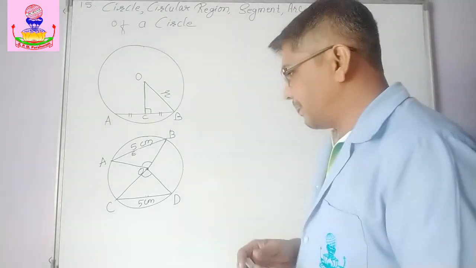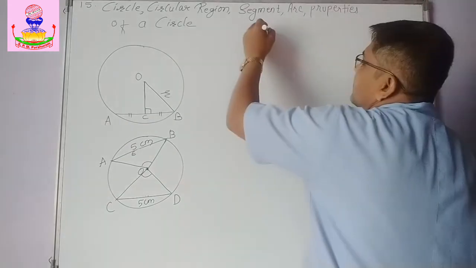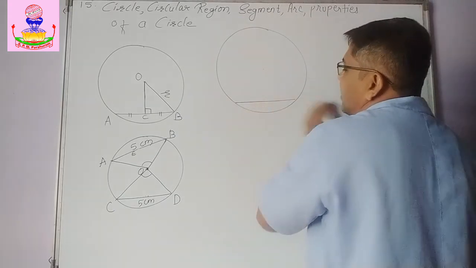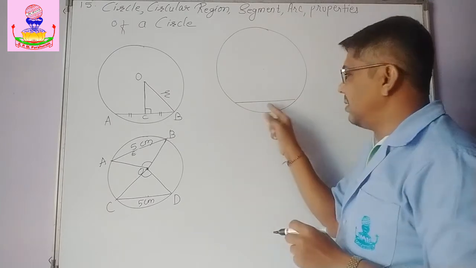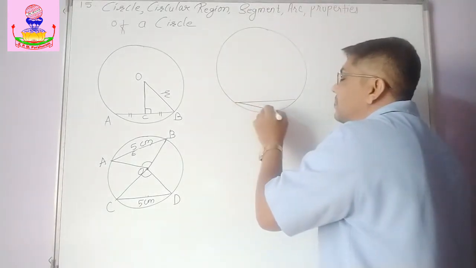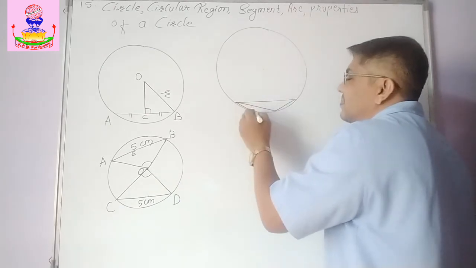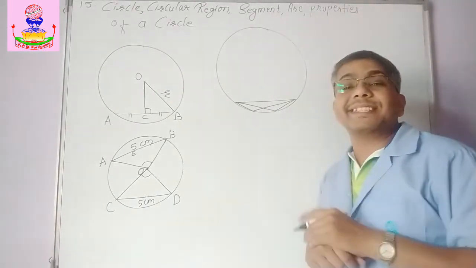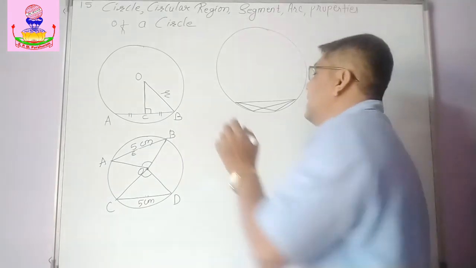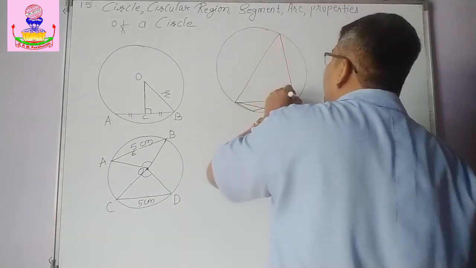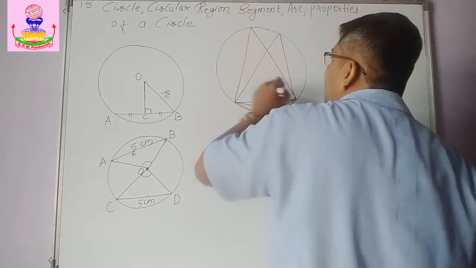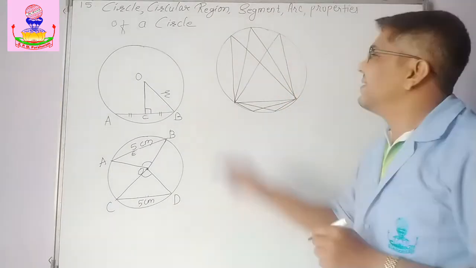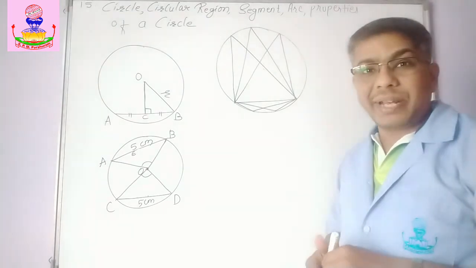Okay. Now, next part. That is, angles formed in the minor segment and major segment. So this is the minor segment. What type of angles are formed? See, they are obtuse. So angles in the minor segment are always obtuse angles. And angles in the major segment, you can see them, they are always what type of angles? Oh yes, they are always acute angles.